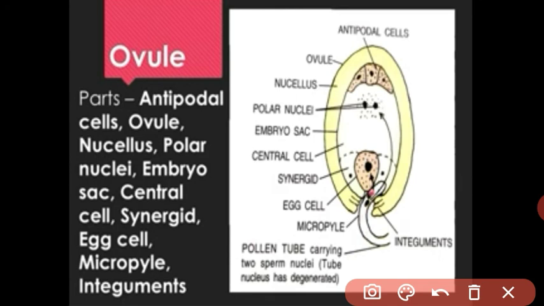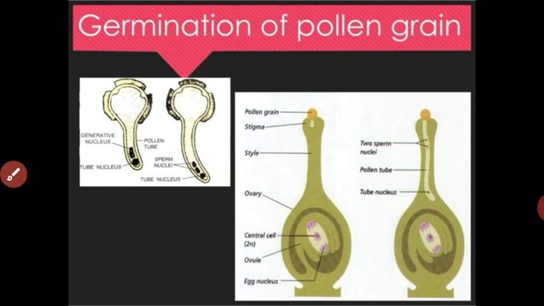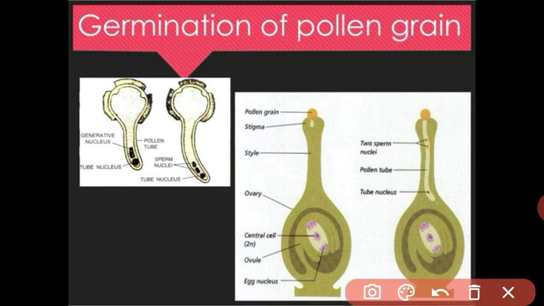If a single ovule is present in the ovary, a single seed is produced in that fruit. Got it, student? What is the germination of the pollen grain? What is the structure of the pollen tube? What is the structure of the ovules? And what is germination? Germination understood: the pollen tube releases the two nuclei into the ovules, and the fertilization is called double fertilization. This process is called fertilization.